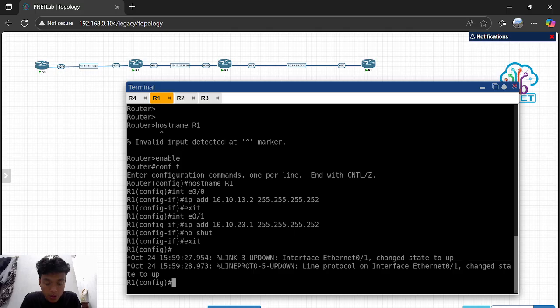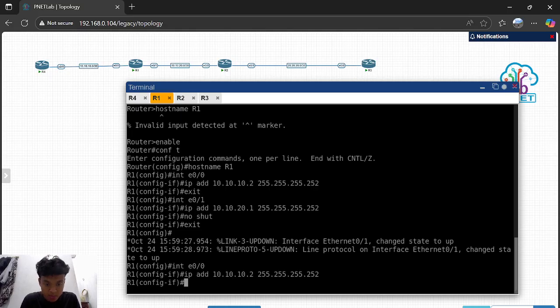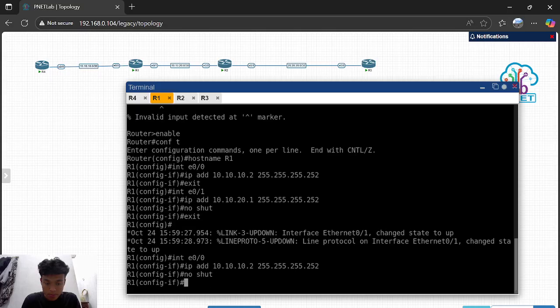So we will enter the first IP, this, and then no shut, and exit guys.